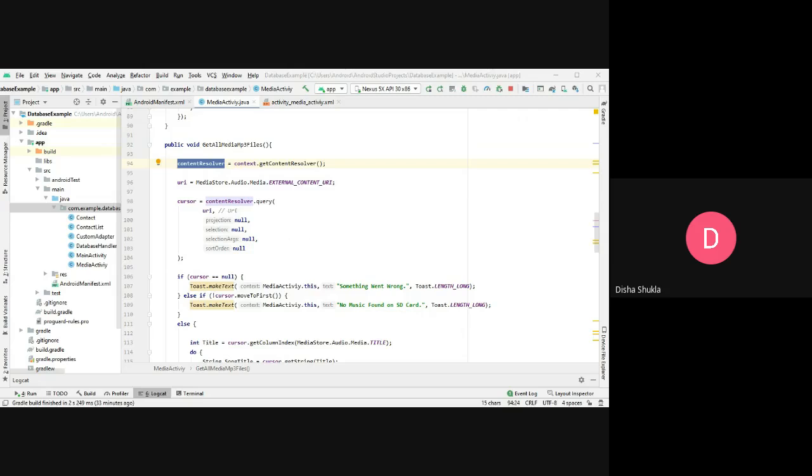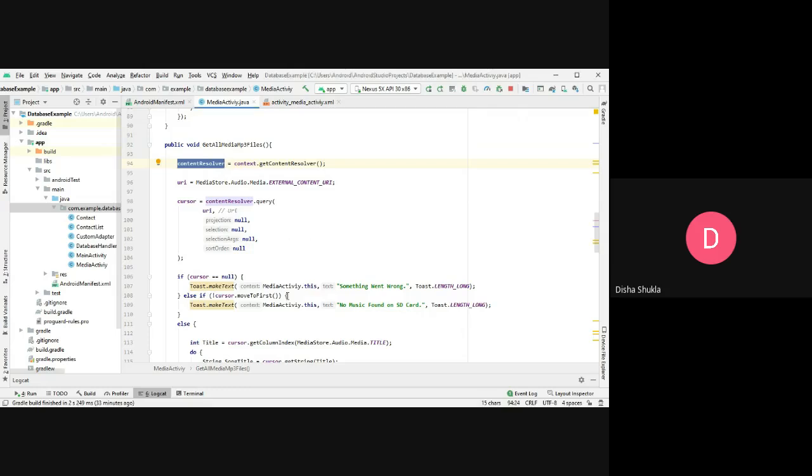The content resolver includes the CRUD methods corresponding to the abstract methods in the content provider class, whereas the content provider provides an abstraction from the application's content provider. Content providers provide an abstraction from the underlying data source. They provide a mechanism for defining data security and offer a standard interface that connects the data in one process with the code running in another process.